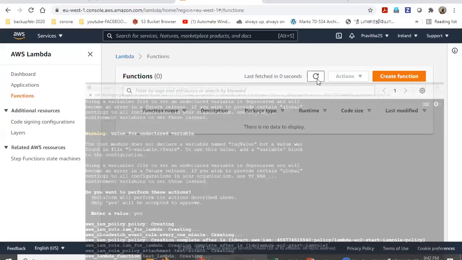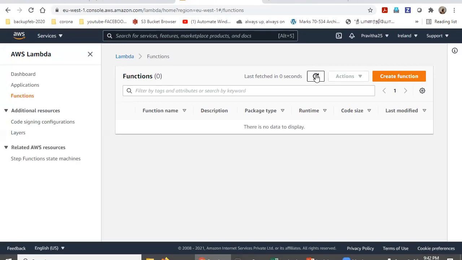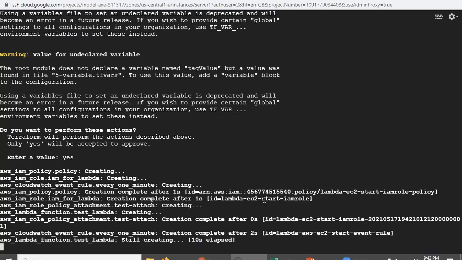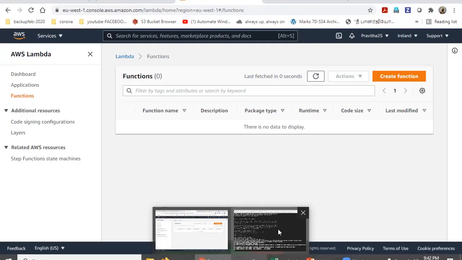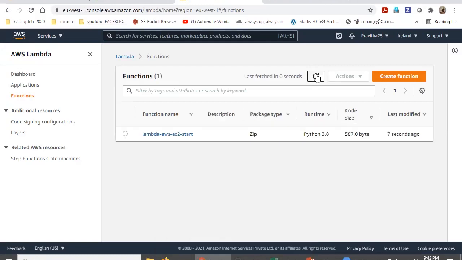It's taking some time. Yes, see here, a Lambda function got created, because this is the name we have mentioned.